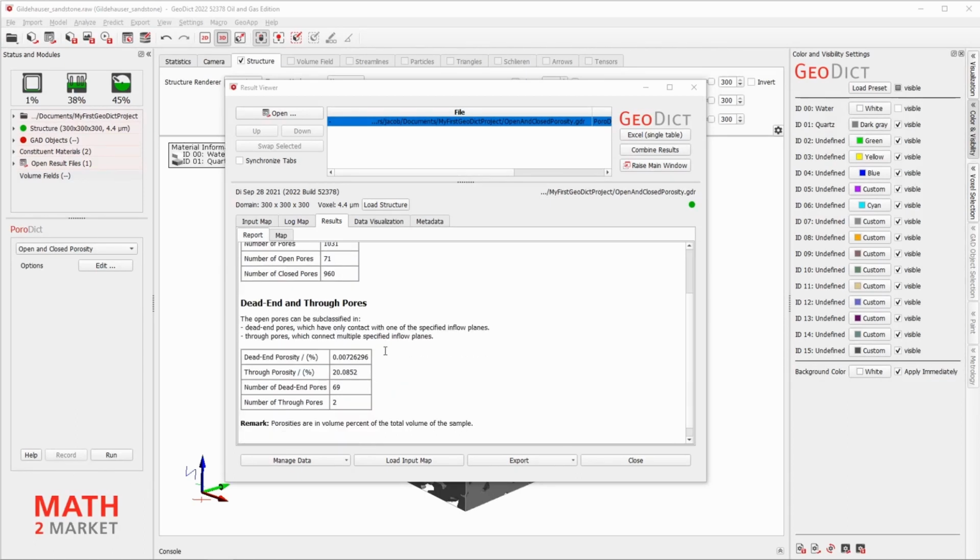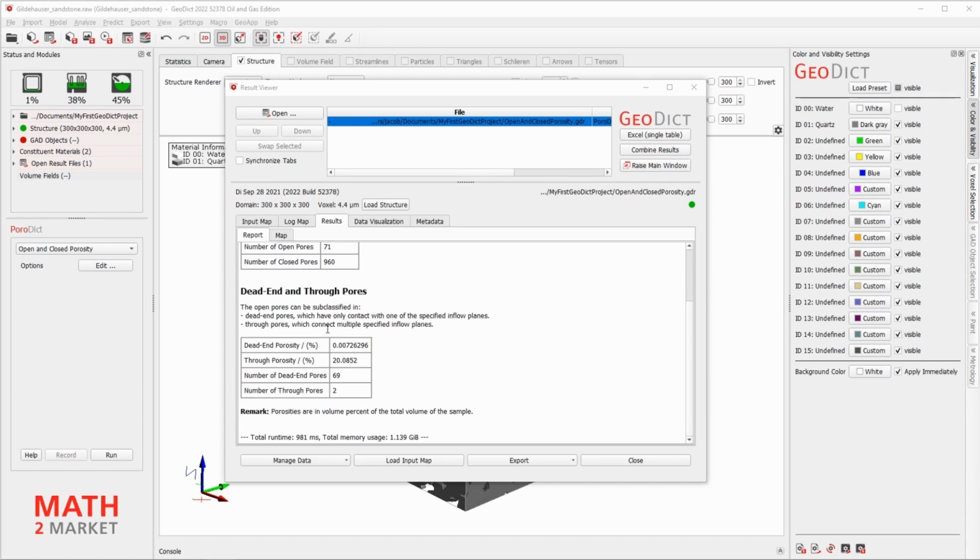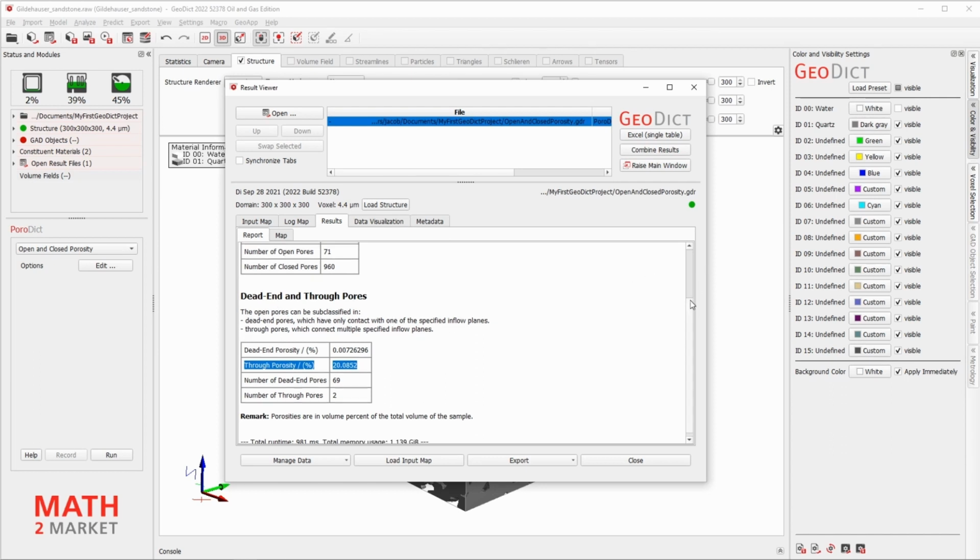GeoDict also displays dead end and through pores, or performs a sub-classification of the pores. As you can see, the amount of dead end porosity is very, very low, while the amount of through porosity with connectivity is almost our total porosity.